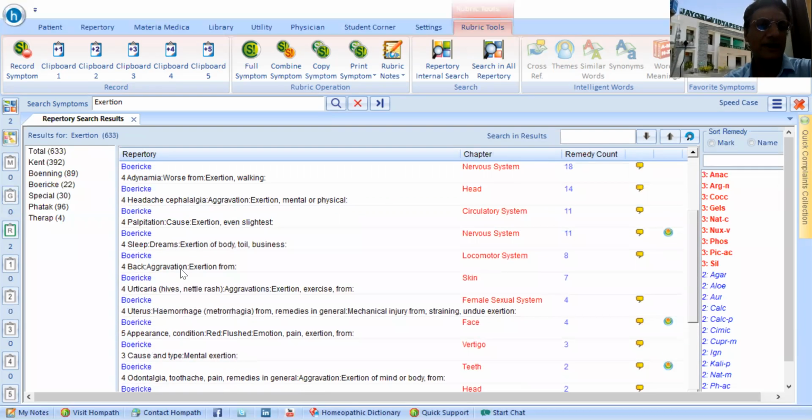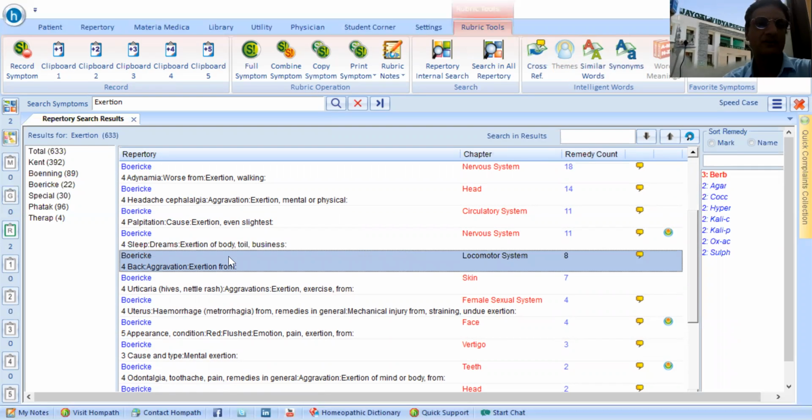So back, aggravation, exertion from, in locomotor system, is the exact rubric we want over here. So we have to select it by double clicking. Here, 3 rubrics are recorded.